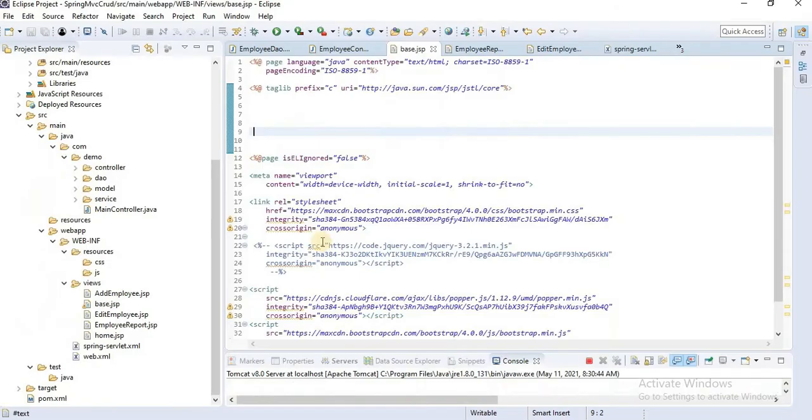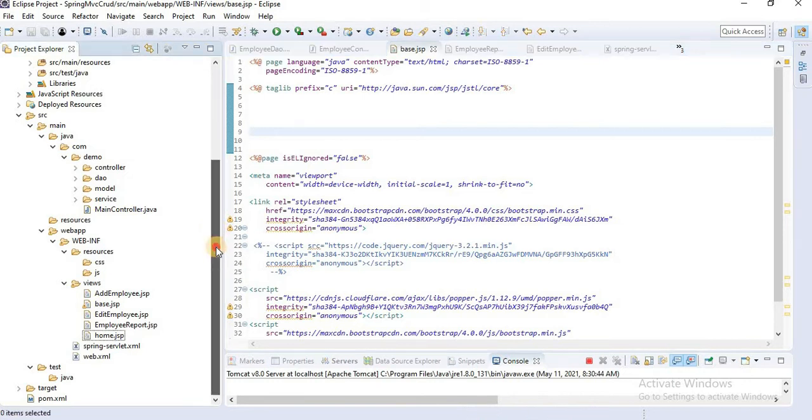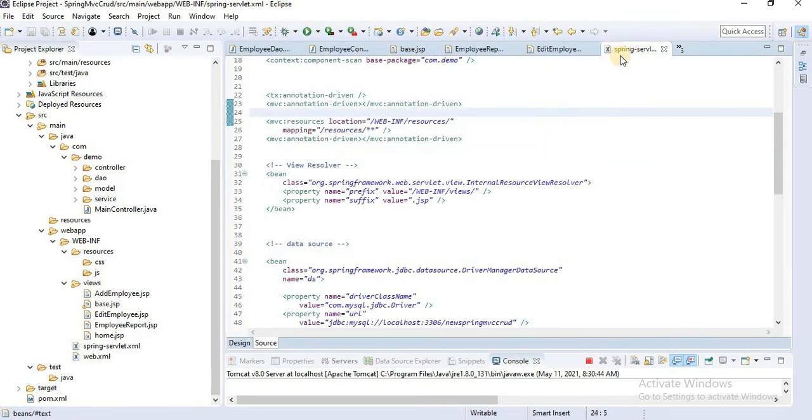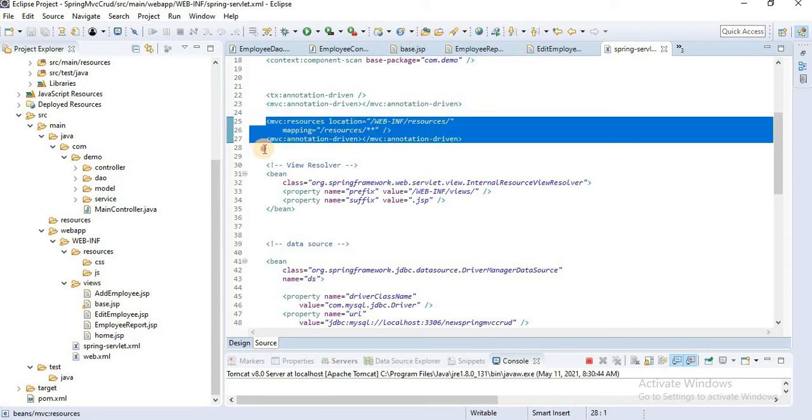Go to your Eclipse project. Here we have already defined our static resource. I can show you. In the spring servlet file we have already defined the MVC static resource. In the first video we saw how to define that.